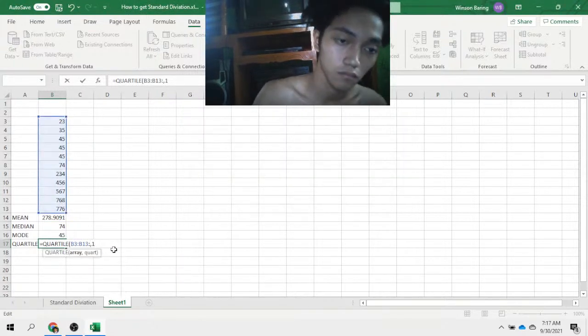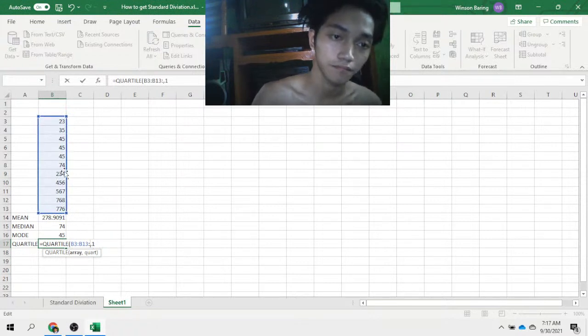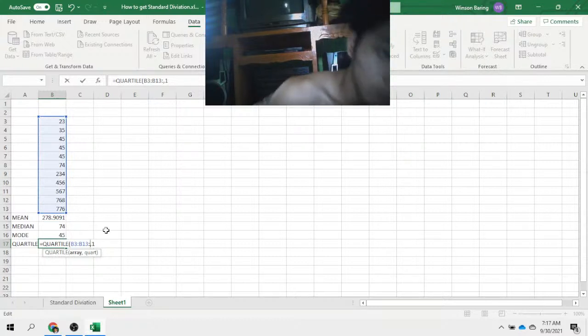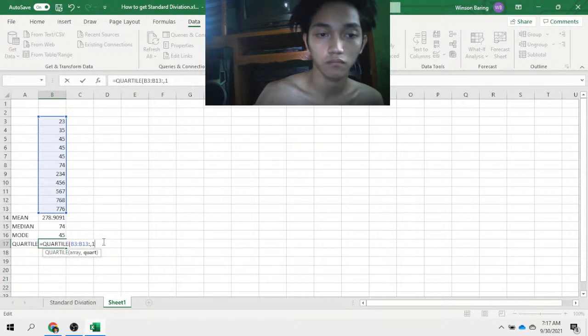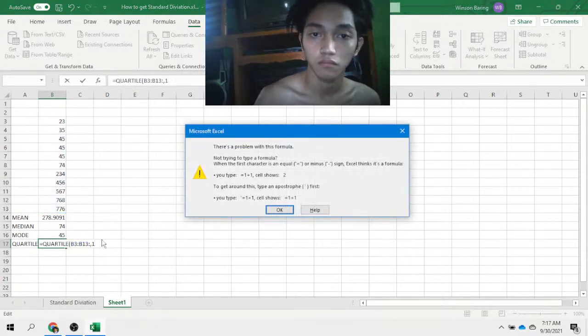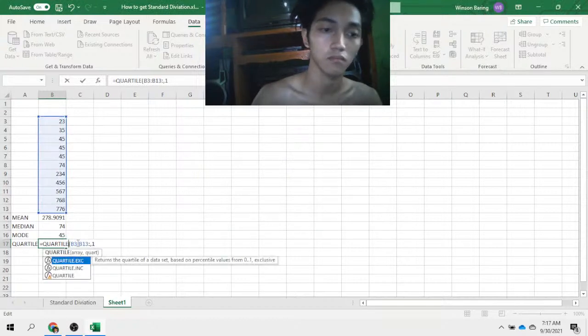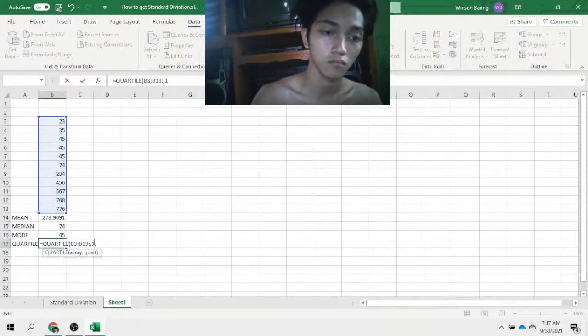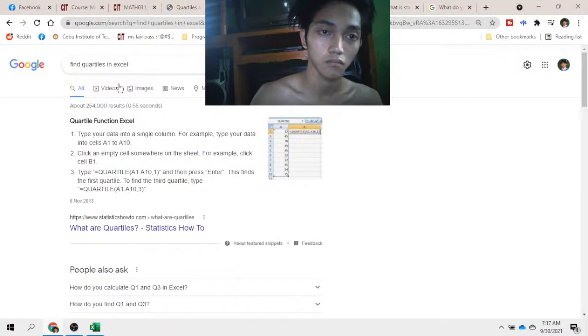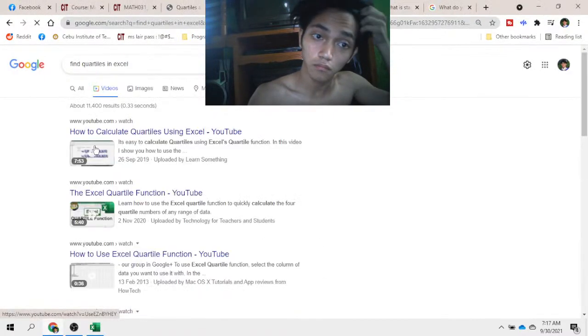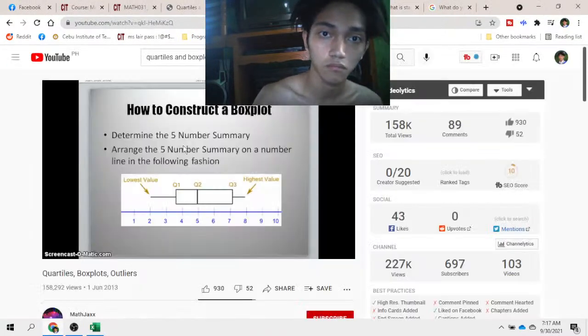Let's see how our quartiles can be used in our 5-number summary that can be used to construct a box plot. Now, a 5-number summary is just a summary of 5 values. We have our minimum value, which is the smallest value, our 3 quartiles, and then our maximum value. We're going to put these numbers together to create a picture or a graph called a box plot, which is also sometimes called a box and whisker plot. Now, to construct a box plot, we need, again, those 5 numbers. Once we have those 5 numbers, we're going to arrange them on a